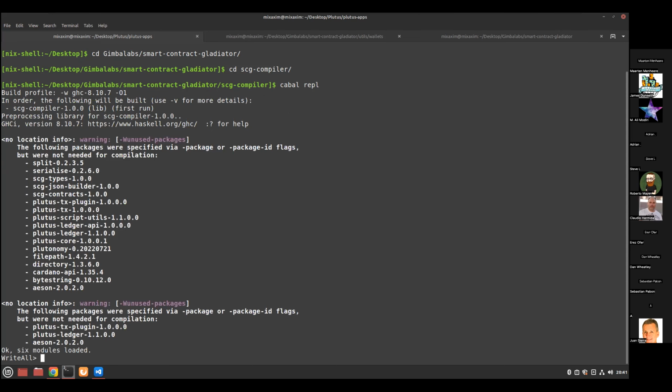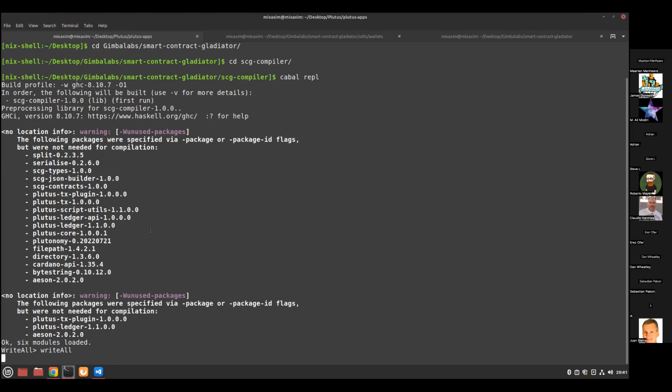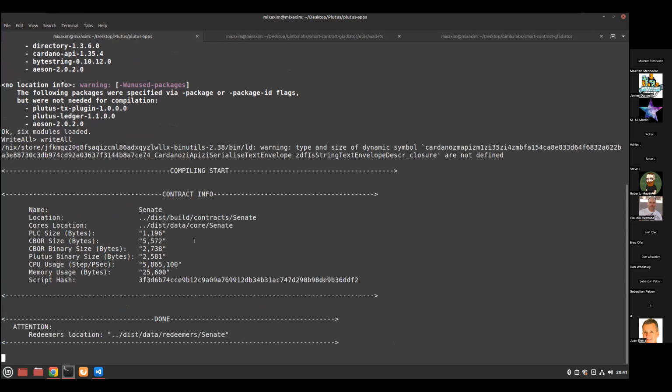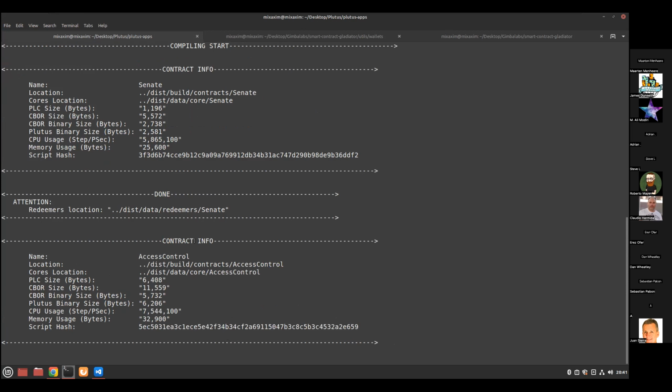And after that, just call this function write all. Inside the write all file, a script called write all will compile, write, and create everything that you need for this system automatically. But if you want to go into the details, what they are doing, who's doing what, sure,